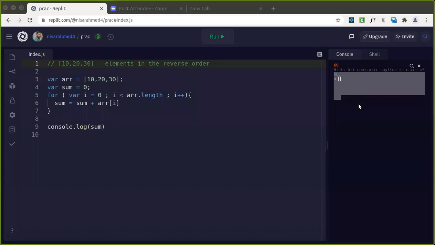From the chat, what we can do is, you can get the elements in the reverse order. Reverse order means where we have to start the index, everyone. Just write out what is the index of 30. We have to start from that one. Just text me in the chat, everyone. I want everyone to try here. Some of you may already have the idea.